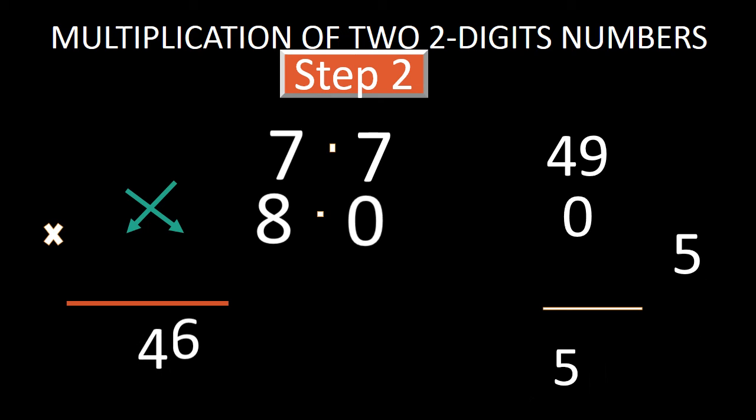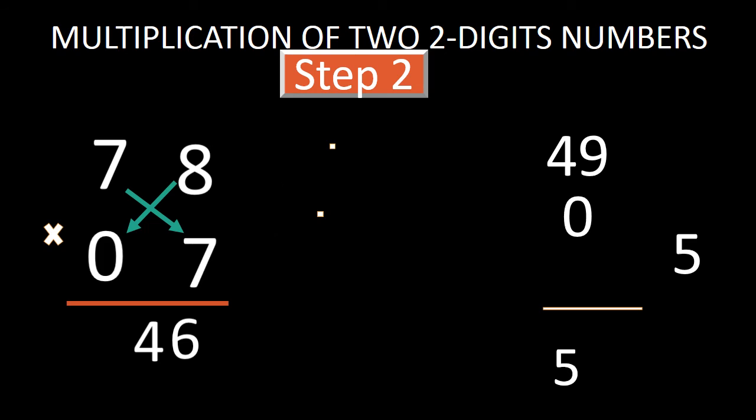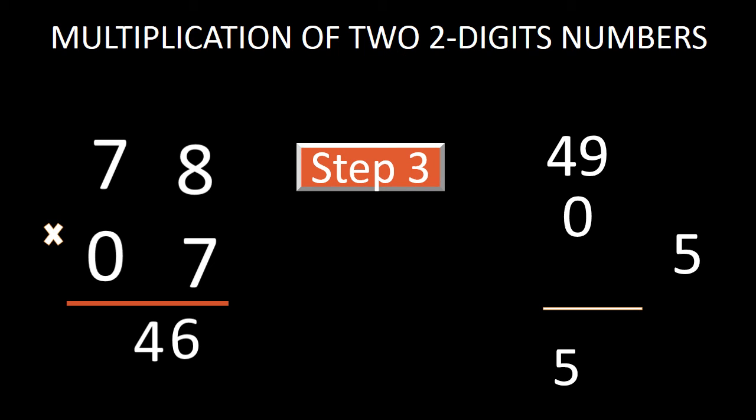Now just bring this 4 of 54 down in the answer, and it will make 10 digit of our answer, and you just keep this 5 as the carrying digit. Here step number 2 has been completed. Now you just listen here. If you don't keep this 5 as the carrying digit and you bring this 5 down in the answer, here our answer is also completed. But if you want to go to step number 3, you can also go to step number 3, and now you look to step number 3.